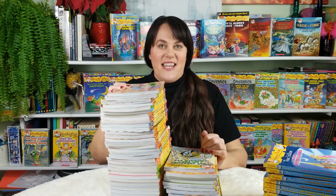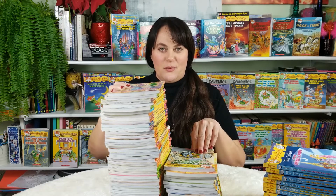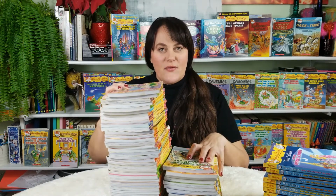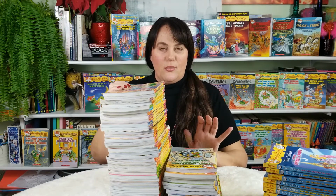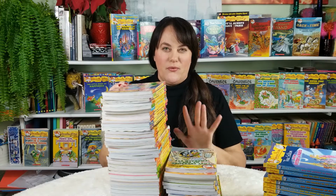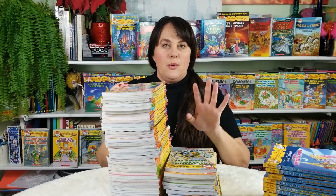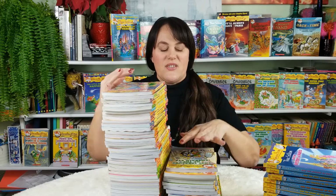As of today's date, January 2020, there are 76 of these Geronimo Stilton books, and we bought 46 of them. We ended up paying about 65 cents a book, which is amazing. I will say we had quite a few of these already, about 15. So I will sell those 15, hopefully for $20, and make up the difference, and it'll still be the sweetest